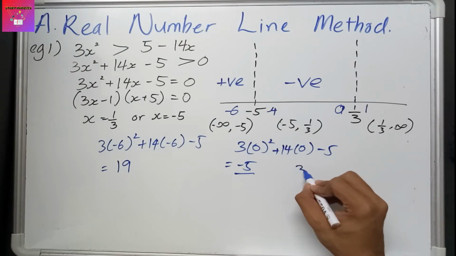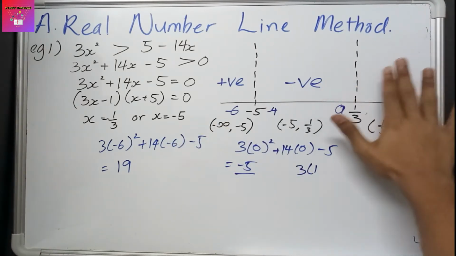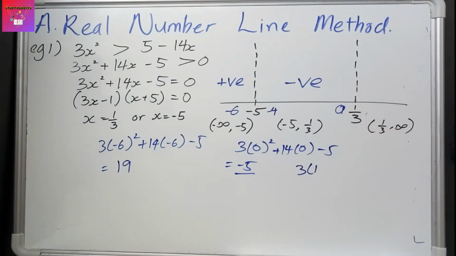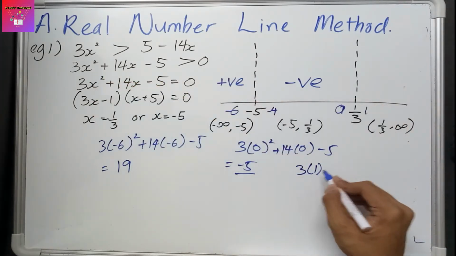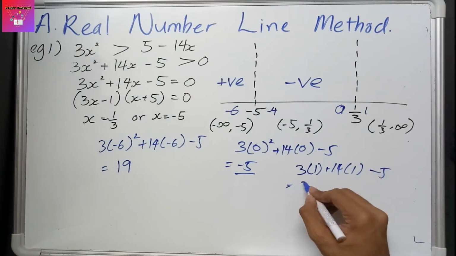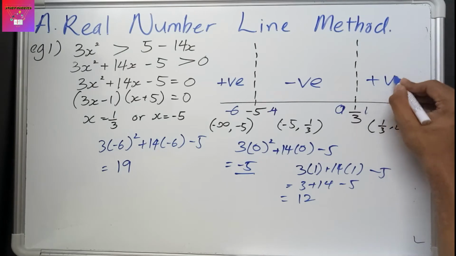And I'm going to substitute inside this equation again. So now we have to find out what will be coming here, positive or negative. So what I should do is take a number after 1/3. It can be 2/3, 3/3, which is 1. I prefer taking the number 1, and I'm going to substitute inside this equation: 3 times 1 plus 14 times 1 minus 5. So it means 3 plus 14 minus 5, in which we are going to get 12, which is a positive